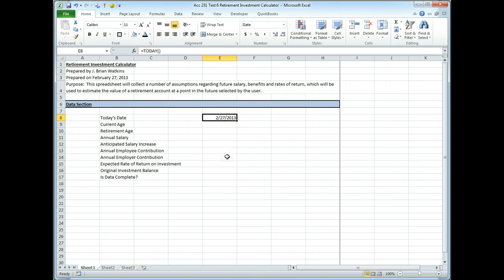So we have today, and then we have current age is going to be 30. Retirement age is 65. The annual salary, let's say we're making $60,000 a year. We have an anticipated salary increase of 3.15%. Our annual employee contribution is going to be,